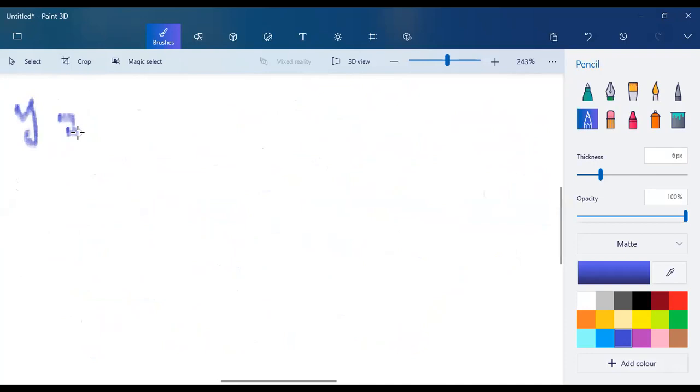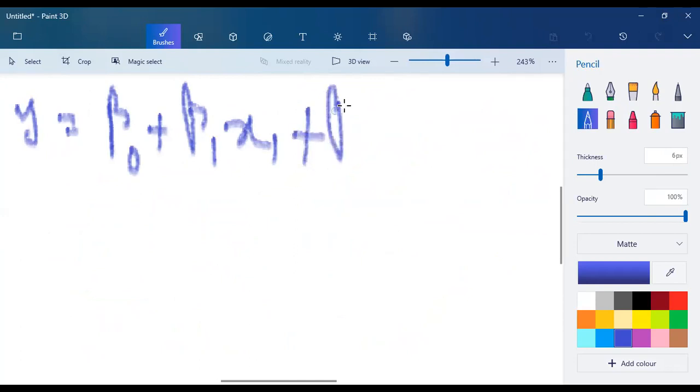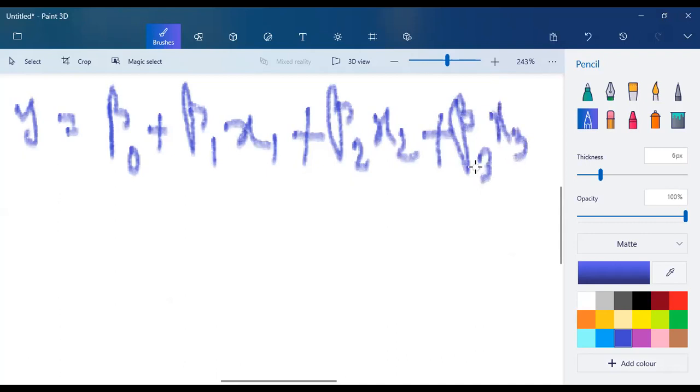Y is equal to beta 0 plus beta 1 x1 plus beta 2 x2 plus beta 3 x3 plus dot dot dot up to beta n xn,